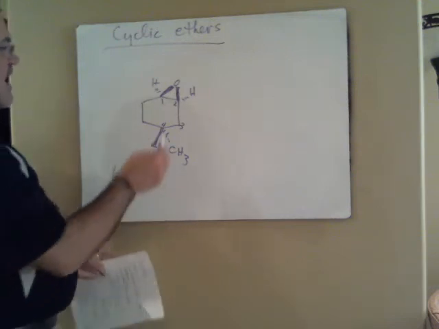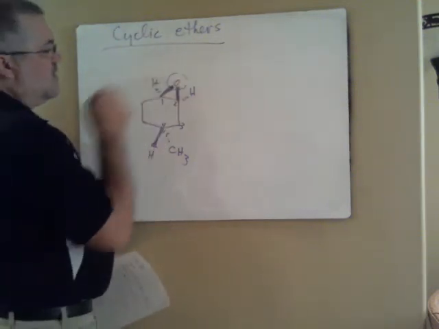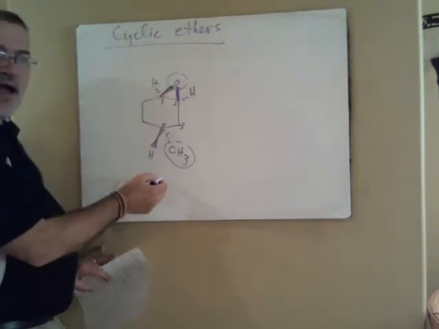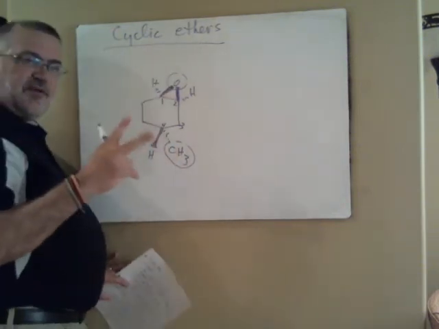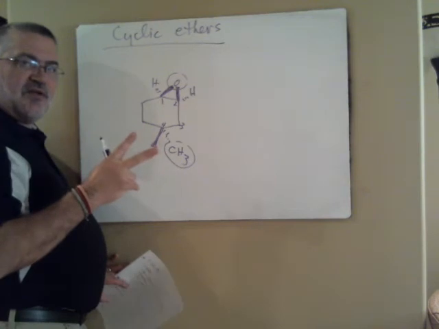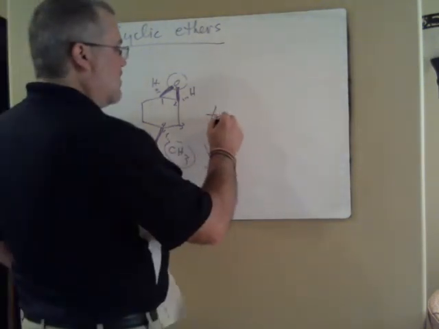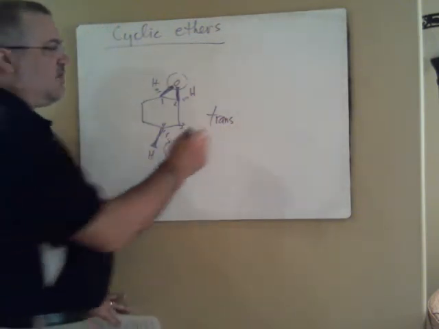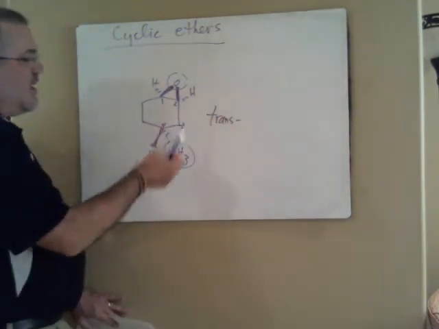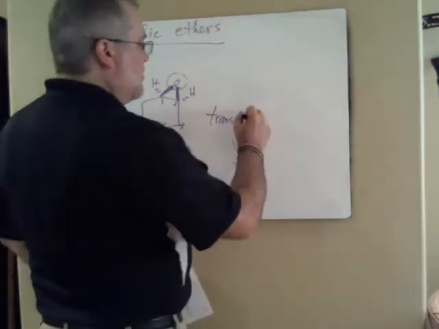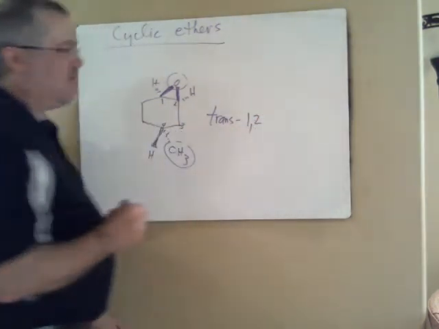So because of that, this one substituent and this one substituent are related to each other how? Remember, when you have two substituents on a ring, you can use the simple cis-trans nomenclature. So these are trans to each other, right? So I would say this is trans, and then alphabetically, epoxy and methyl, so the epoxy comes first. And so location, I say 1, 2,